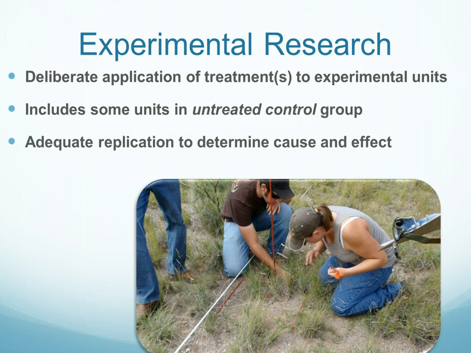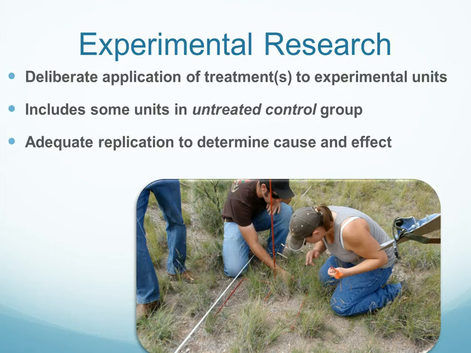In this case, we have deliberate application of treatments to experimental units, and usually there are some units that are assigned to an untreated control group, meaning that certain units do not have a treatment applied. This gives us a greater amount of information to compare the effect of treatment by comparing it to a site